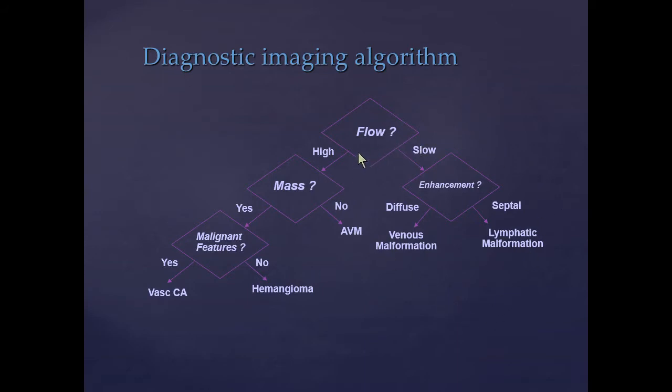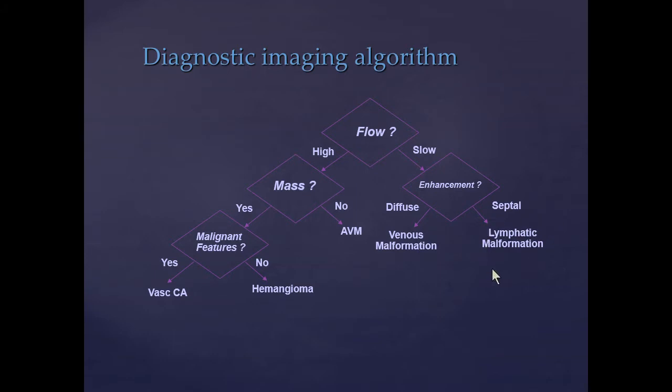And this is sort of the dichotomy that I use, and I've heard others using it too. I like it because slow flow is kind of one set of tools, how we treat these, and then high flow we're really dealing with in an entirely different fashion. And in the slow flow malformations, the way to distinguish between the venous and lymphatics typically has to do with